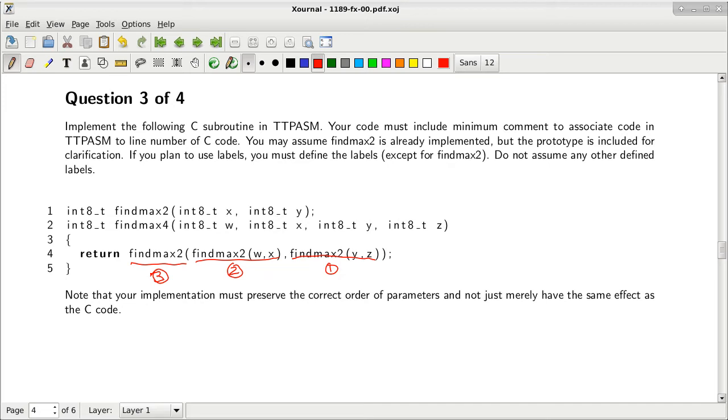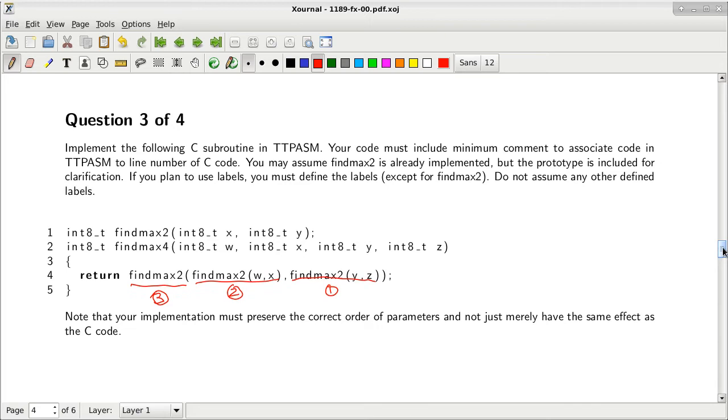And the important part is we have to push the second parameter first and then the first parameter. And also the other important part is accessing the parameters can be tricky as we have additional items on the stack. So those are the things that I'll be looking for, as well as the deallocation of parameters afterwards, and also the saving of the return value on the stack. Alright, so let's go ahead and